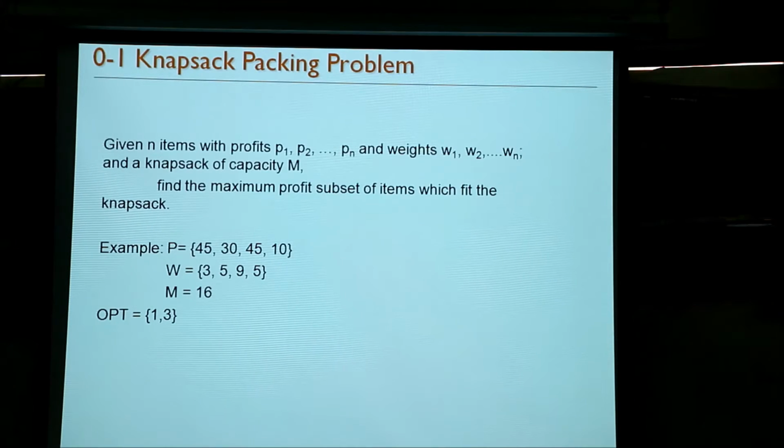Right. So that's the bound which I will be using to do the branch and bound.